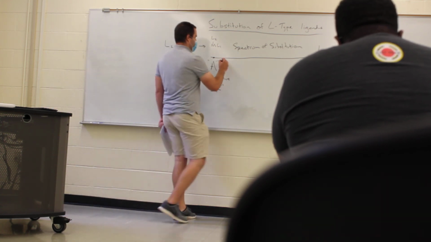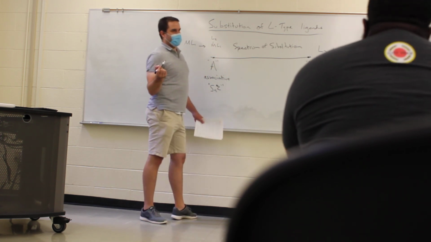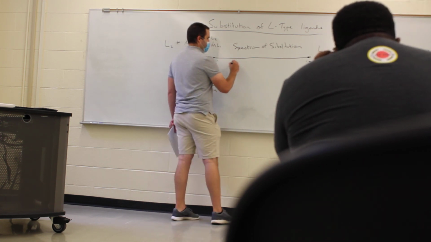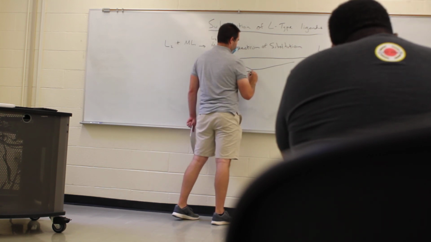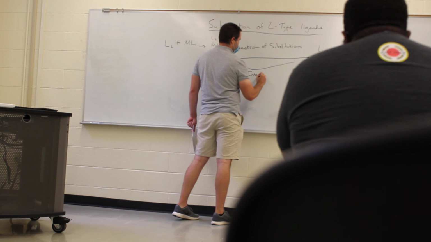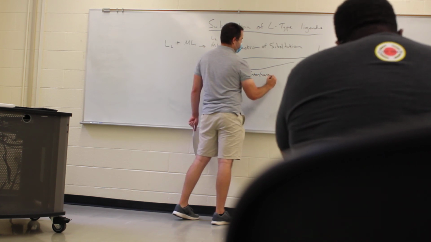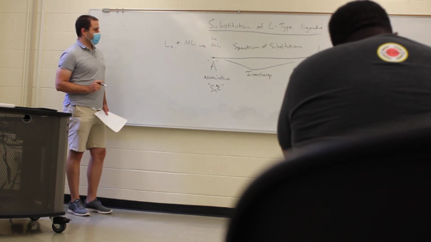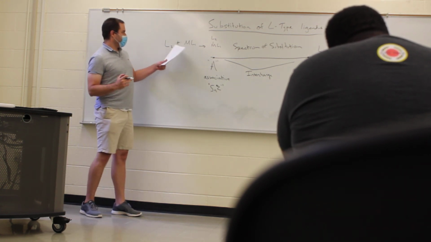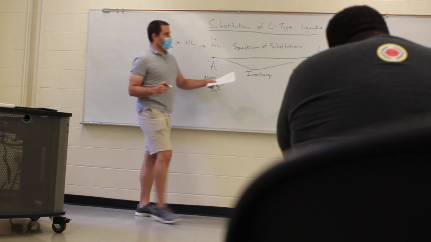There is also a whole range of things in the middle, which are collectively referred to as interchange. In interchange type mechanisms, you start to make this bond, and you start to break